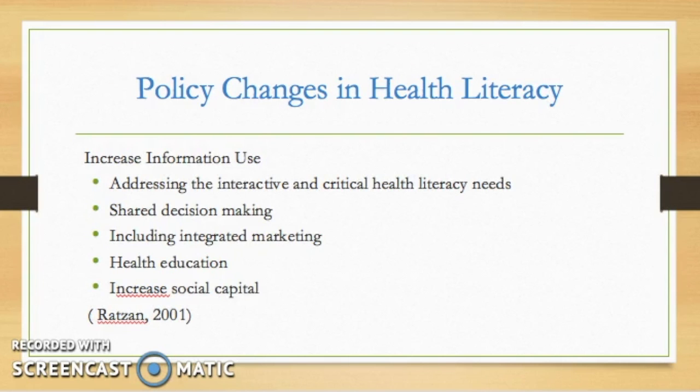Policy changes in health literacy will need strategies to make those changes. What kind of strategies can we propose in order to make those changes? One of the strategies is to increase information use. How can we do that? We can address the interactive and critical health literacy needs. We can share the decision making with the followers, and followers will share that decision making with patients and their families. Including integrated marketing